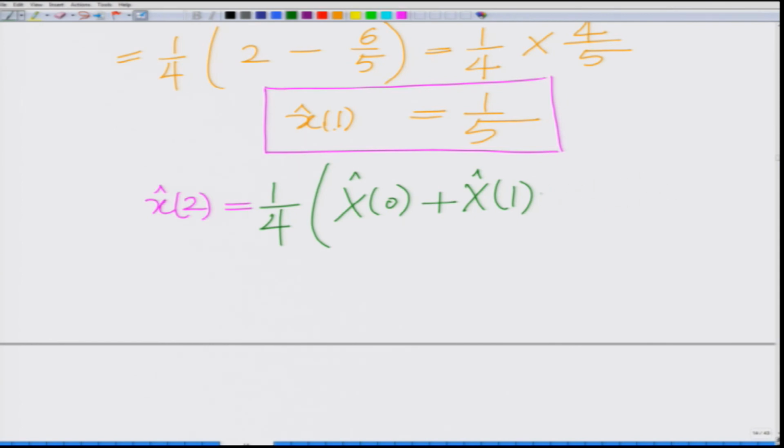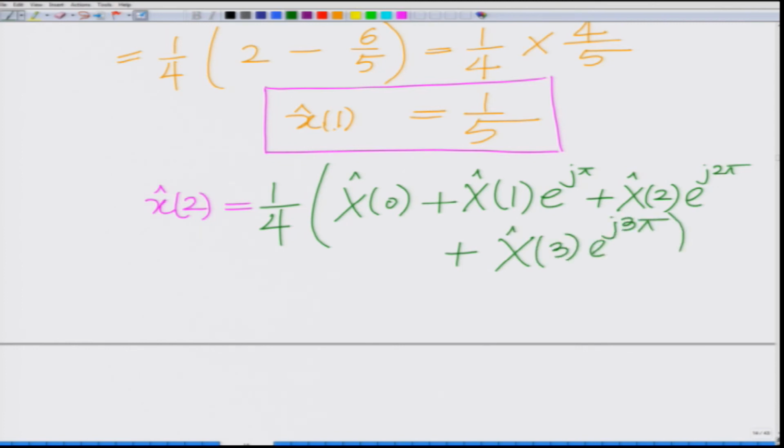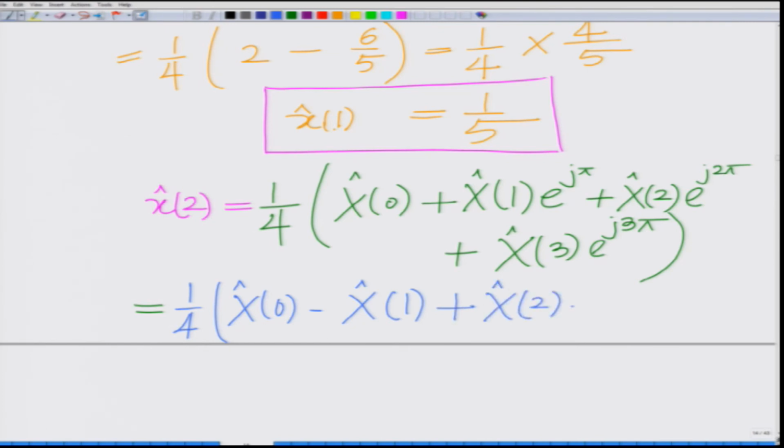e power j pi plus capital X hat of 2 e power j 2 pi plus capital X hat of 3 into e power j 3 pi, which is equal to 1 over 4 times capital X hat of 0 minus capital X hat of 1 plus capital X hat of 2 minus capital X hat of 3,